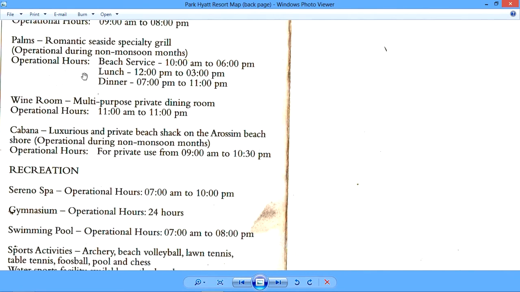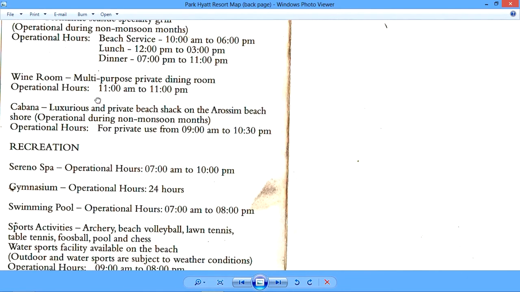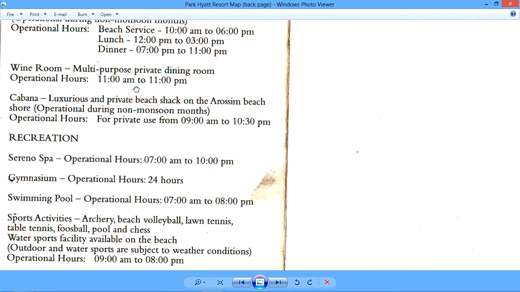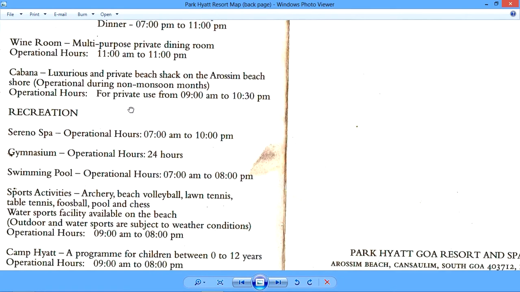So during, I'm sure, the period from October to March, which is the season time in Goa, this Palms would be functional. They also have a wine room with multi-purpose wine selections, and they have a cabana.